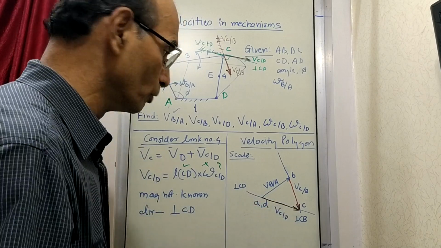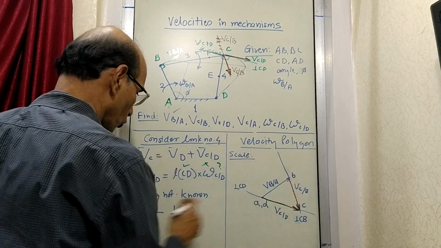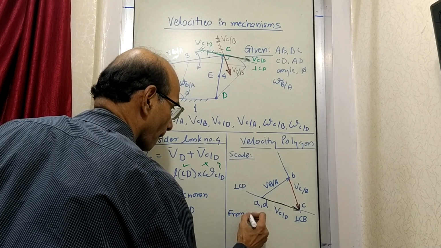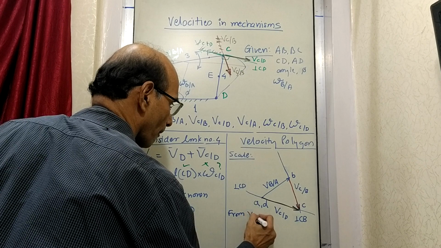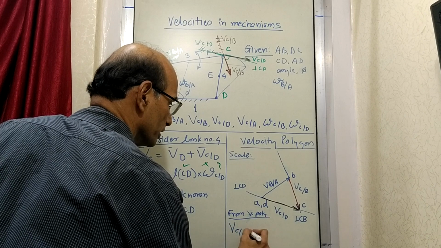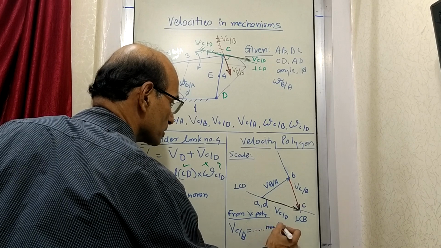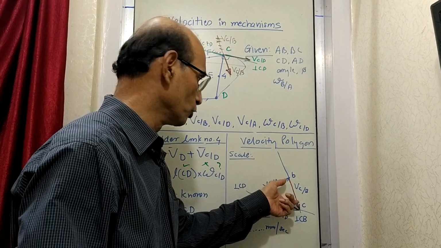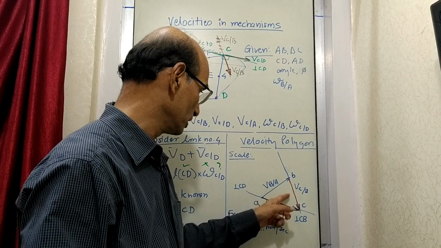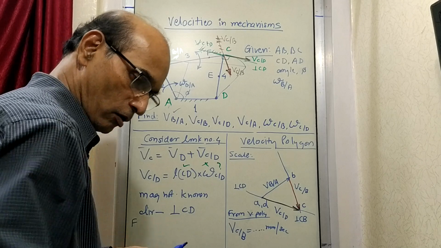Now once you get the answer, what do we do? Now, whatever was not known earlier, see, this was not known earlier. So now we write here from polygon, from velocity polygon, we say velocity of C relative to B is equal to so many millimeters per second. Because there is some scale, so when you convert this length by scale, you will get certain velocity in millimeters per second. That is the velocity what we wanted to know. But once you write this, you will realize that we were also asked.